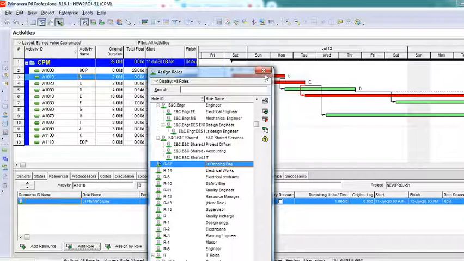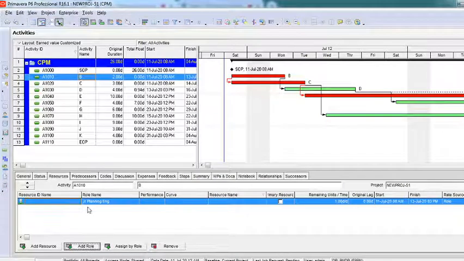The moment you do this, you can see here your junior planning engineer has been added. Right, we have 1 unit per day starting on 11th of June, finishing on 13th of June. 1 unit per day means what? Means we have only 1 planning engineer been added. Now if I want more, you know what the limit is, right? Limit is 5. I can use anything from 1 to 5.